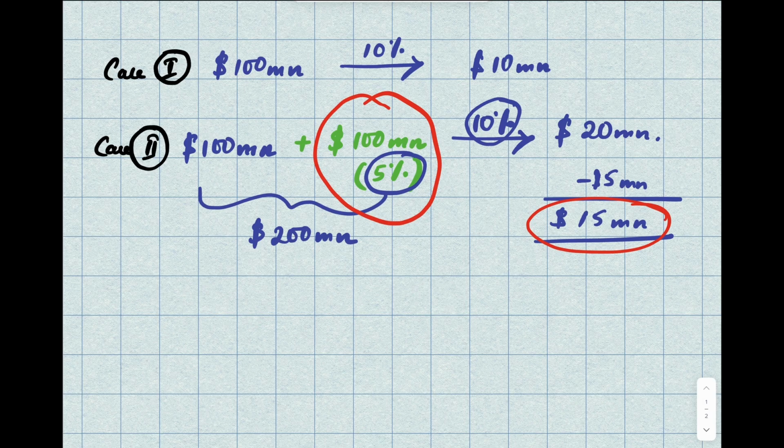Or, in other words, I can say that you can leverage only in such scenarios where the return where you'll be putting that borrowed money is more than the cost